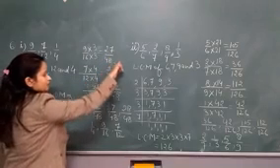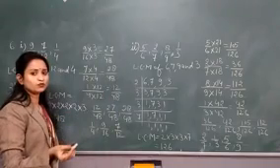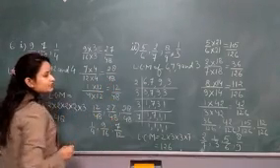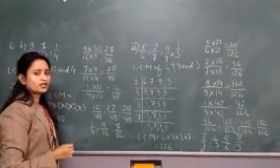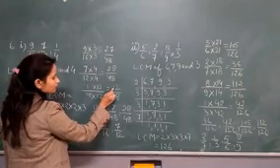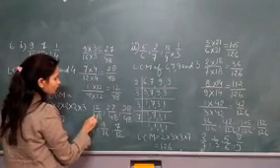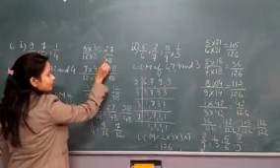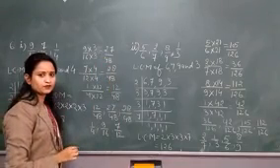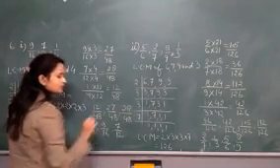First of all we will arrange this fraction in ascending order. Ascending order is from smallest to greatest. We can see here the denominator is the same, that is 48. Now we will arrange according to their numerator. The smallest numerator is of this one, 12 upon 48. So first of all we will write here 12 upon 48, then 27 upon 48 and then 28 upon 48. Okay? It is in ascending order from smallest to greatest.